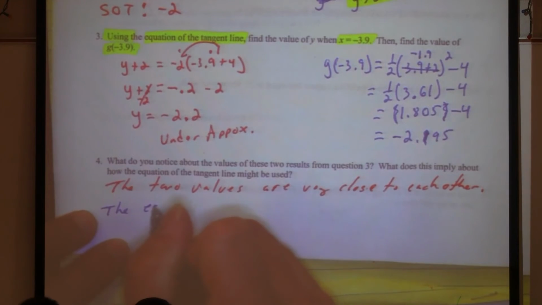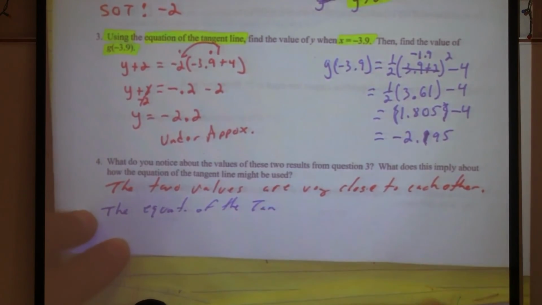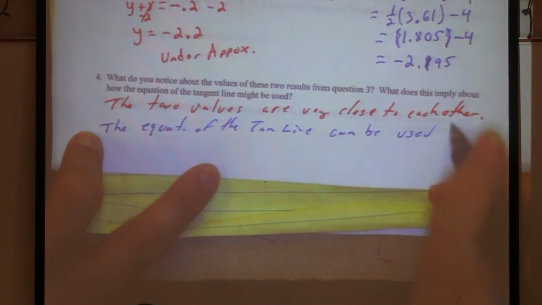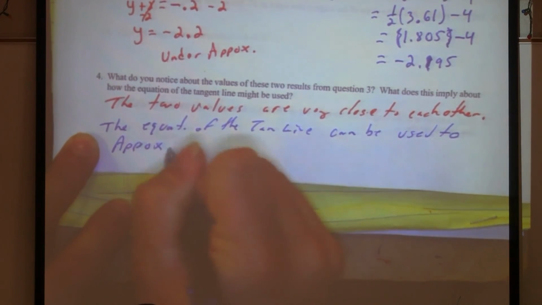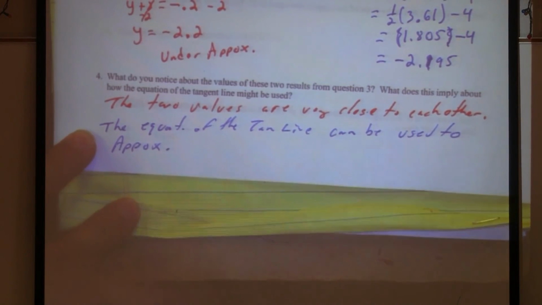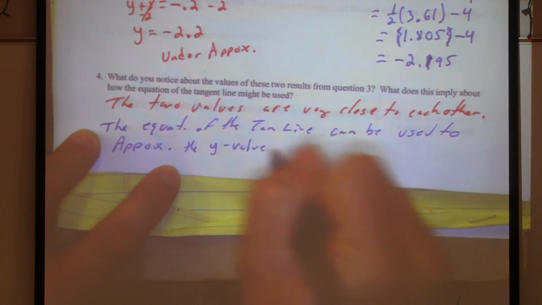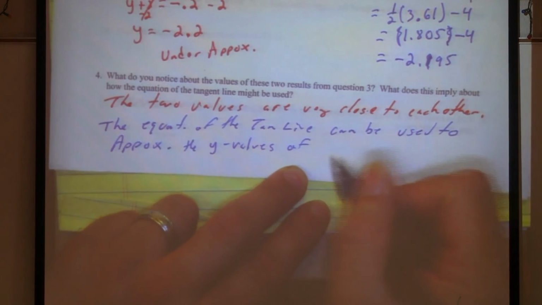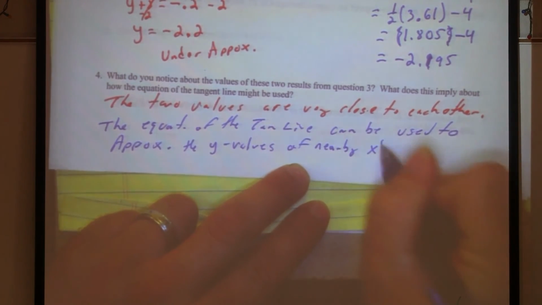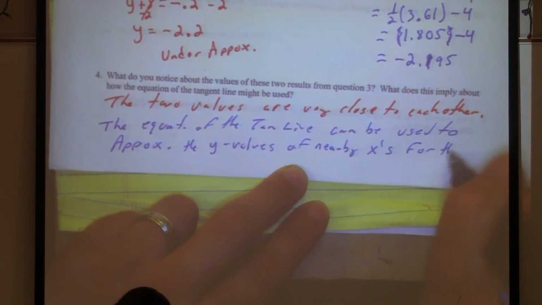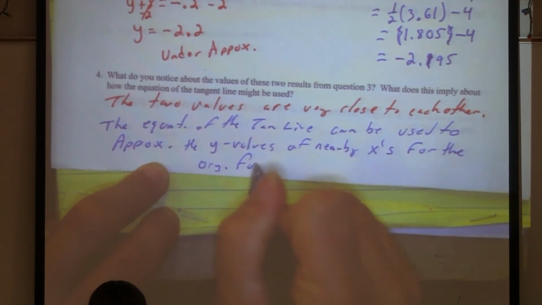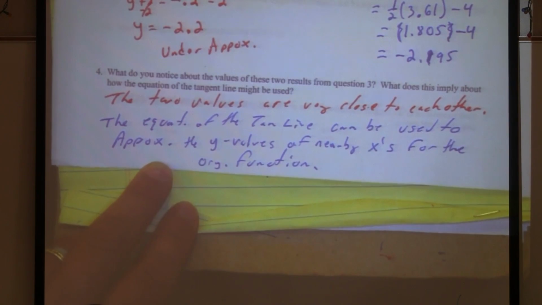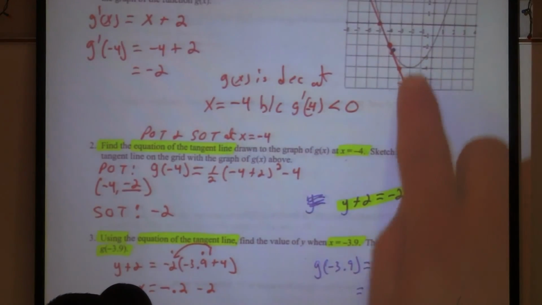Very good. So the equation of the tangent line can be used to approximate, beautiful, I like that word. To approximate what? The y values of nearby x's for the original function. If you get too far away, it's still an approximation, but it won't be as accurate, right? For example, if I wanted it at -2, would I use the tangent